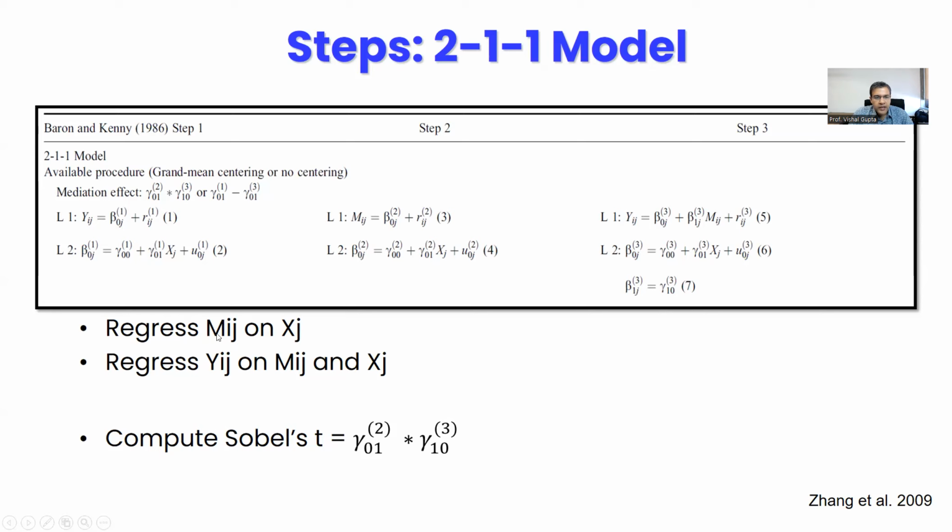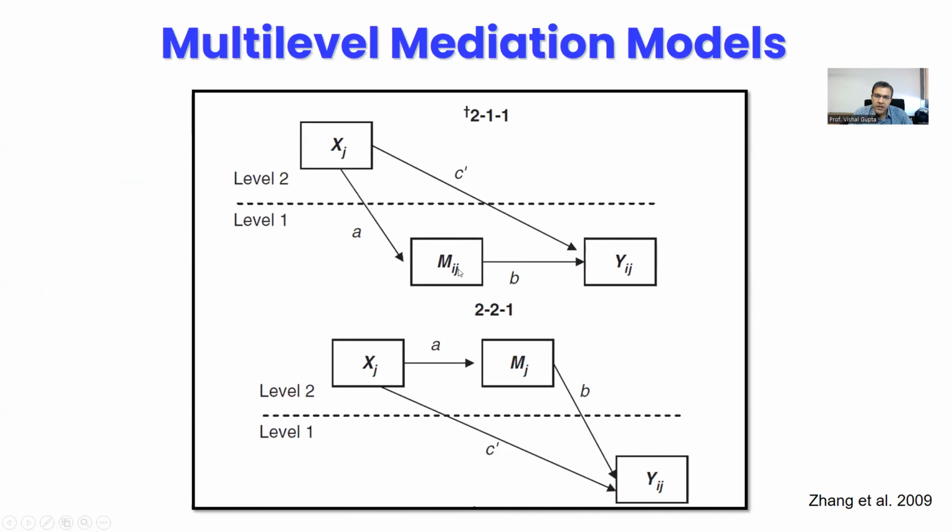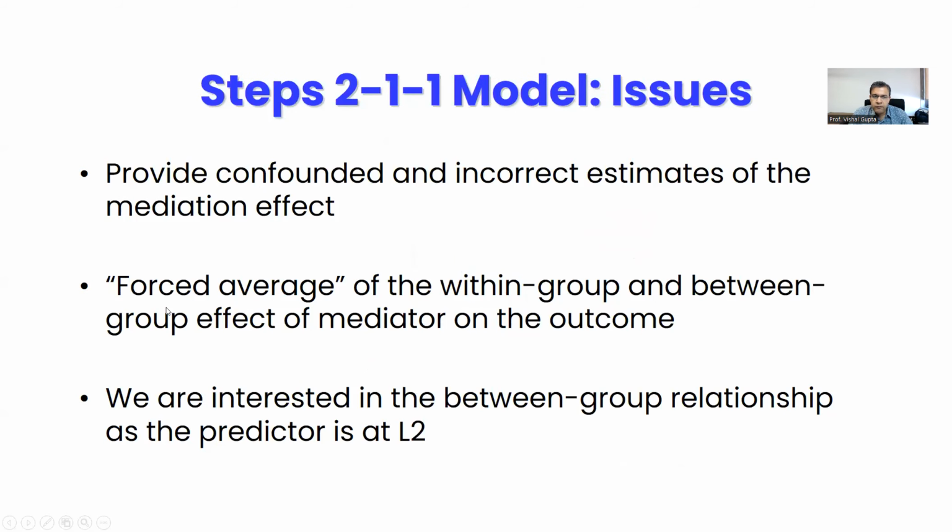So this is what I have written, that you regress Mij on Xj and you regress Yij on Mij and Xj and you compute Sobel's T, right? But the problem is that this provides confounded and incorrect estimates of the mediation effect in the 2-1-1 model, and you force the average of the within group and between group effect of the mediator on the outcome, because you have only the mediator at level 1, so you are not accounting for its effect at level 2. I want to understand the mediation effect of this level 2 relationship. We are interested in the between group relationship in the 2-1-1 model,